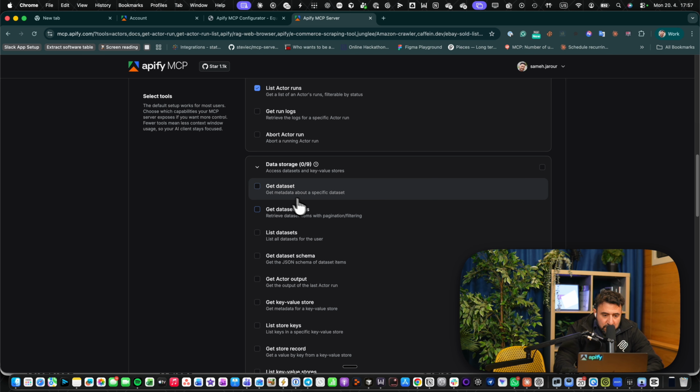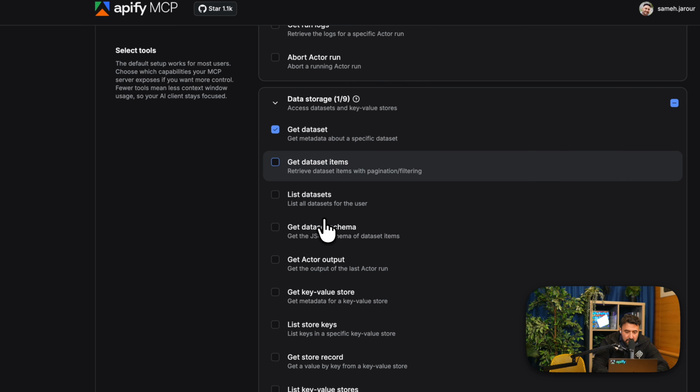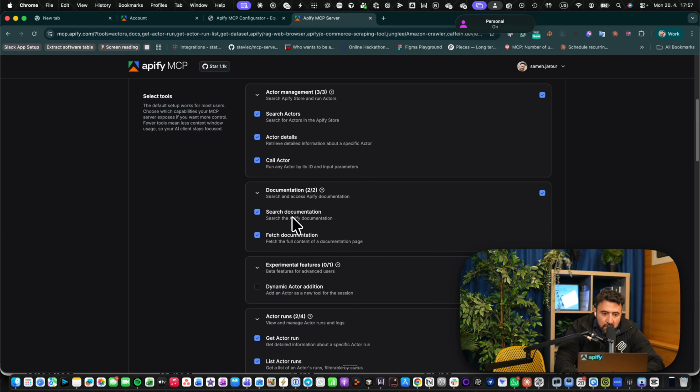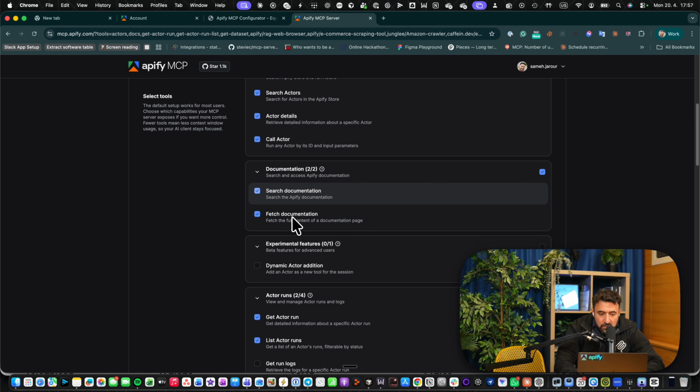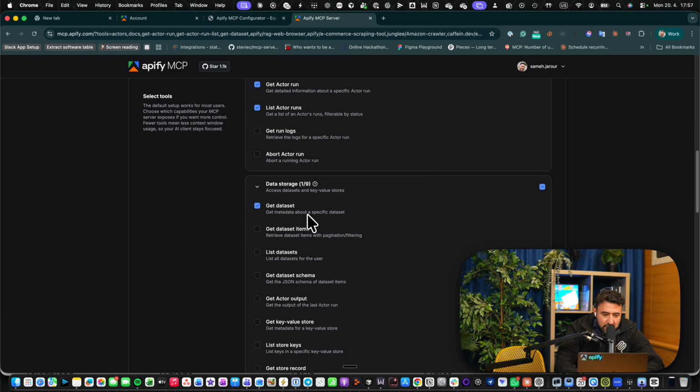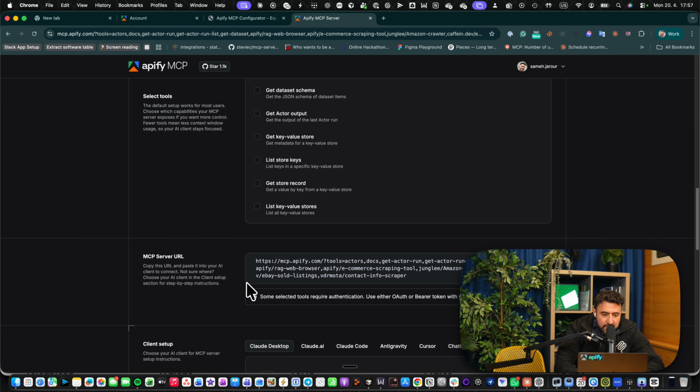Again, the data storage is if you're looking especially for these big actors, like the contact details scraper, and you're trying to retrieve those datasets at a later time or date, you can actually add that tool too. All right, so I've added my core actors as tools. I've included some of these infrastructure tools here in the server. And what happens is